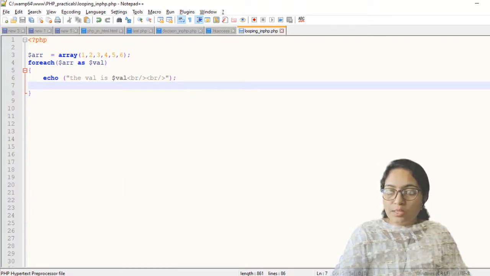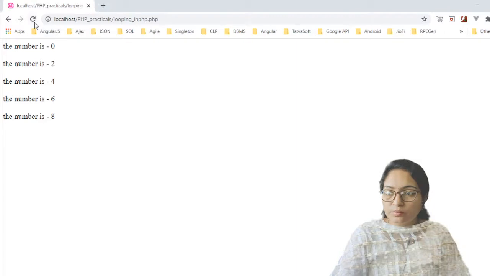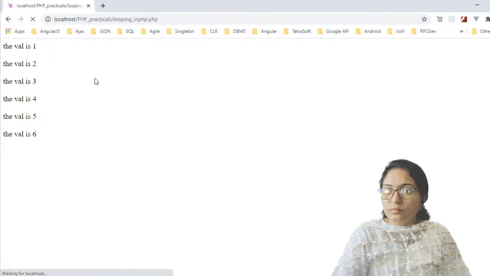Now execute this script. So here you can see the values 1, 2, 3, 4, 5 and 6. So it will display likewise.